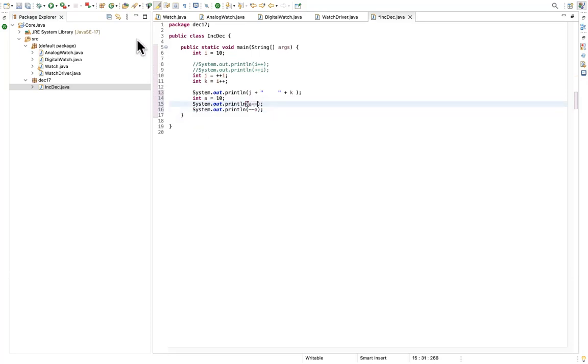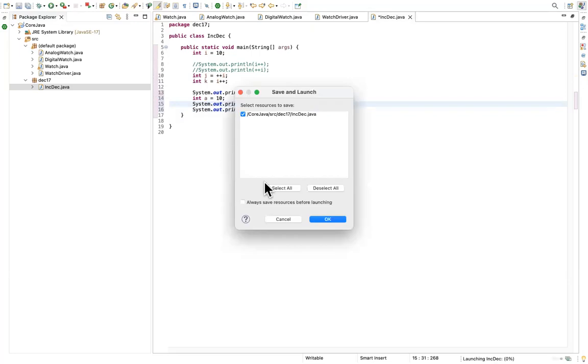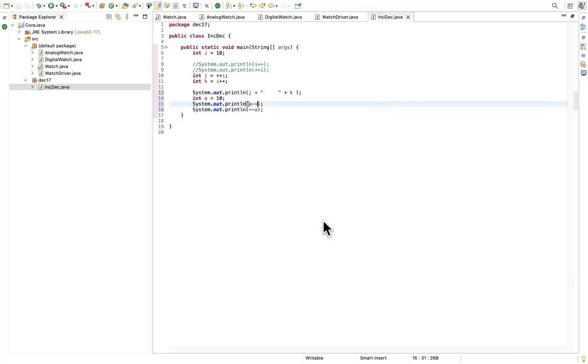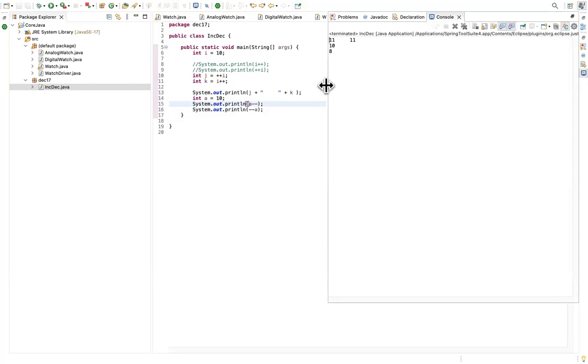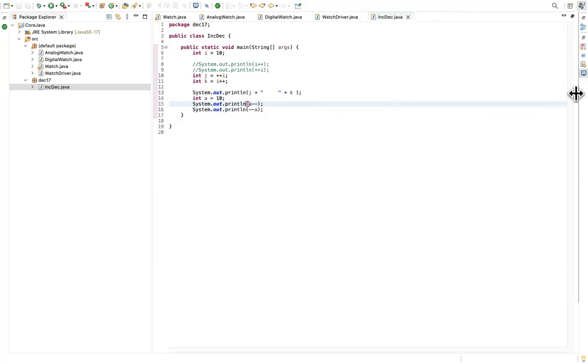Okay, can we execute now? Can someone predict the output first before executing? 10 and 8. Okay, because you are not assigning your value.